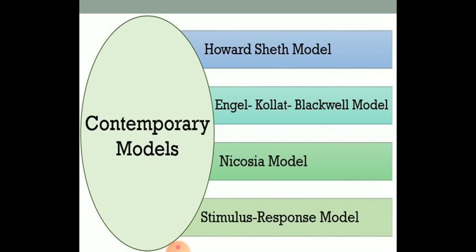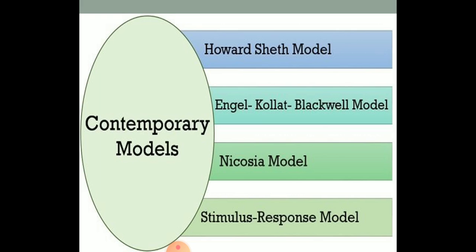And lastly, in the Howard Sheth model, exogenous variables. Here, exogenous variables have an indirect effect on the consumer's decision making, such as the financial status of a consumer and the essentiality to buy a product. So this is about the Howard Sheth model. This model consists of four things: exogenous variables, hypothetical constructs, input and output. So these are the four variables of the Howard Sheth model. So this is the first model in the